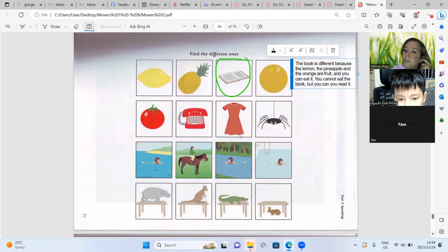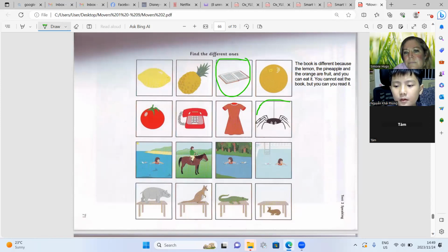In the next row, what is different? The spider is different because the tomato, the ringing phone, and the red are all red.